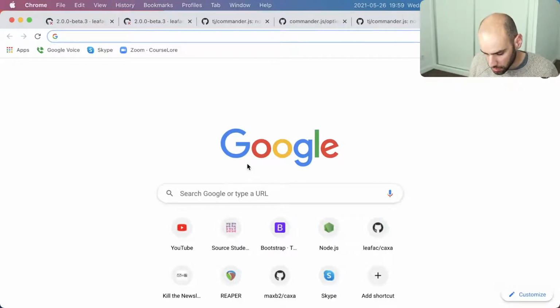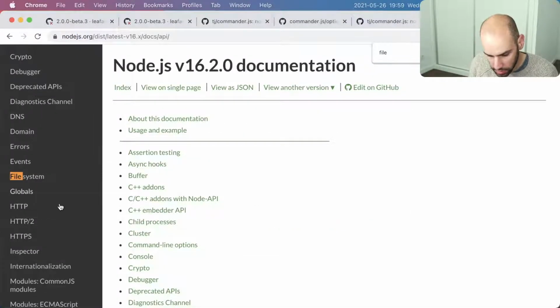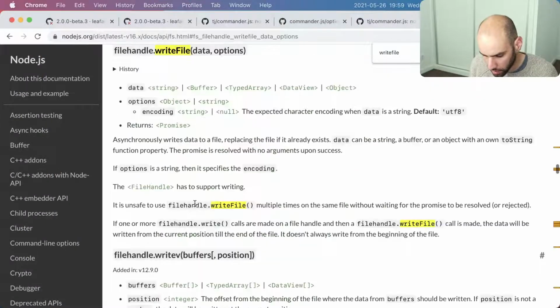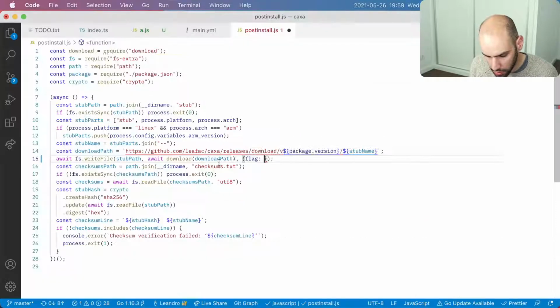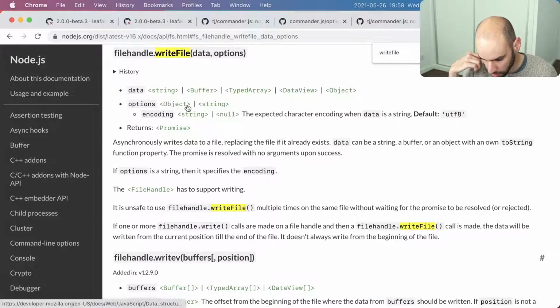So yeah, let's get into this. Node.js API docs, file system, and then writeFile. And what are the options? Encoding. Is that what I'm using? I'm using writeFile. An object and string encoding.